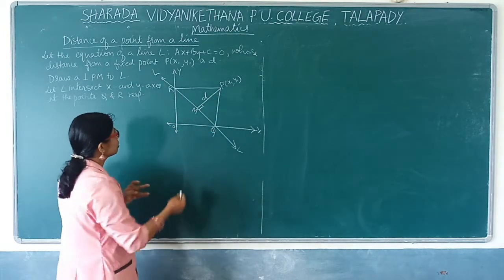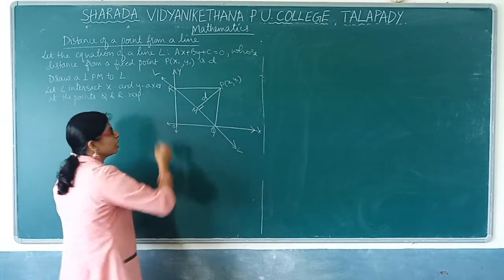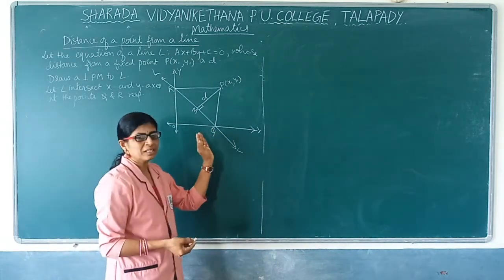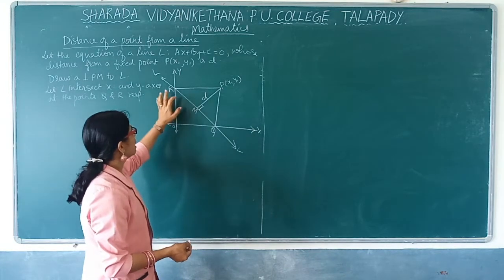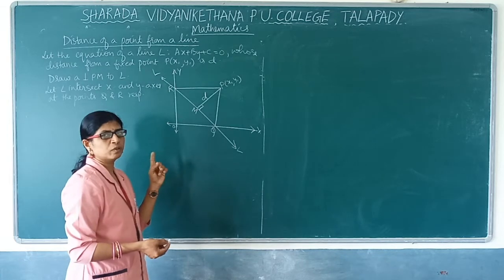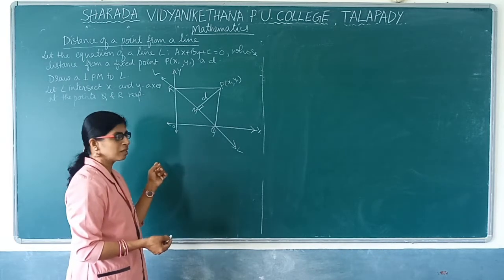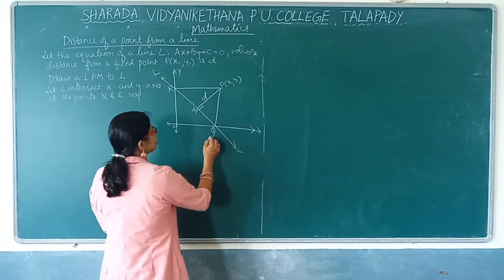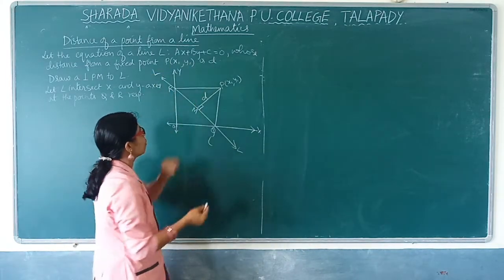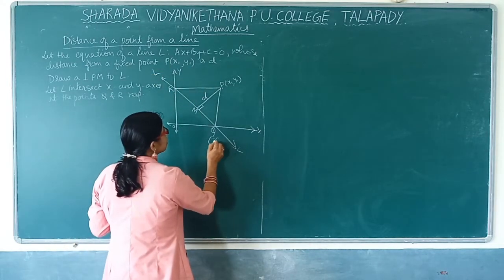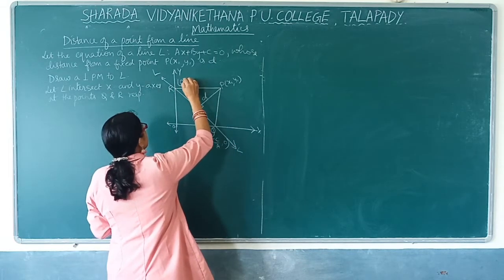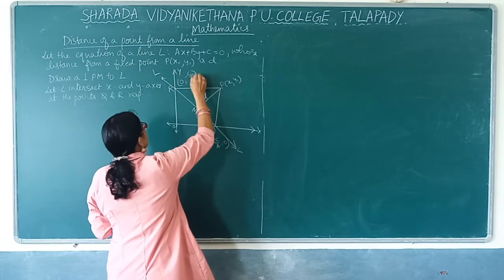Okay, and let us use the letters Q and R to represent the x-intercept and the y-intercept. Let the line cut the x-axis at the point Q and the y-axis at the point R. In the intercept form of the equation of a line, which I discussed a little earlier, we had seen the coordinates of these points. The x-intercept is minus c by a comma 0. And the coordinates of R are 0 comma minus c by b.